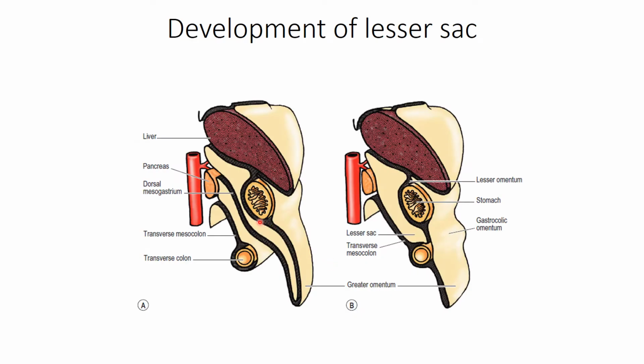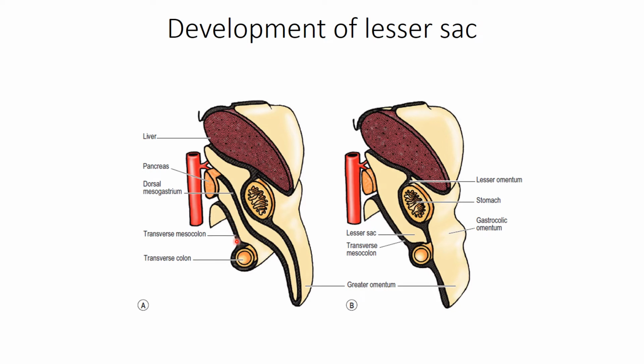What is shown here, the dorsal mesogastrium attached to the greater curvature of the stomach, elongates and folds upon itself to form this double layer of the peritoneum, which is now known as the greater omentum. And the cavity inside is the inferior recess of the lesser sac. So ideally the lesser sac should continue in between the two folds of the greater omentum, but just dorsal to